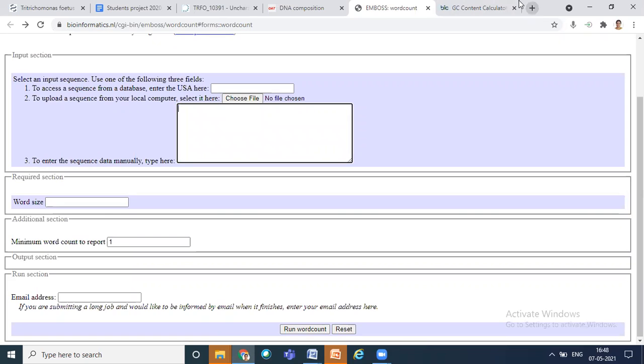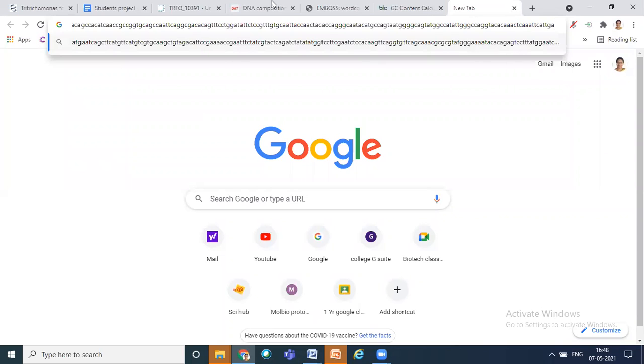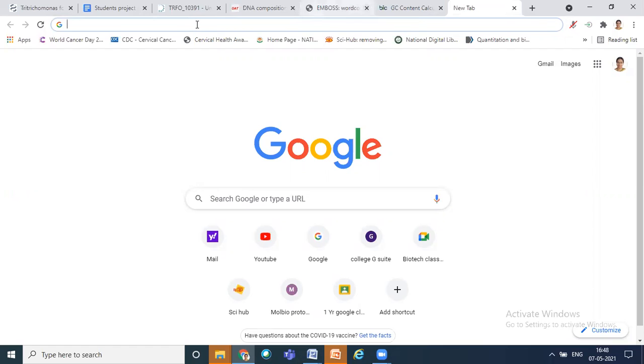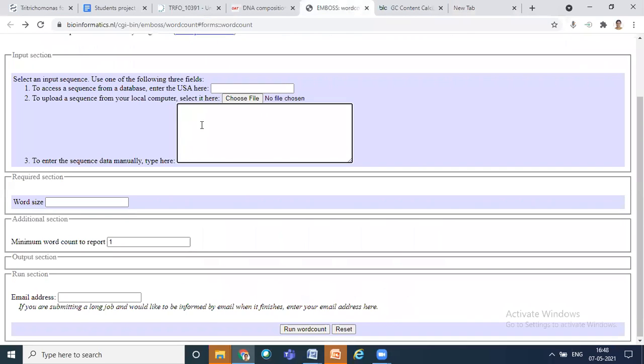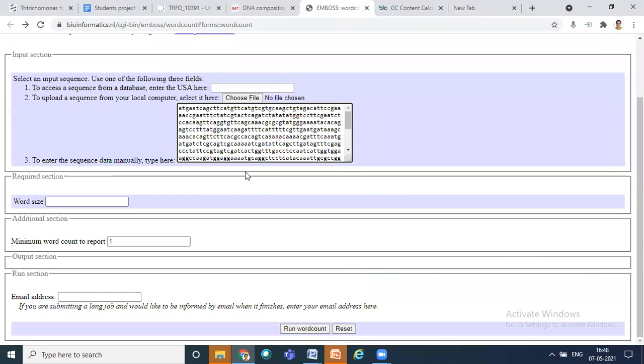So to remove gaps, whenever you are working with a gene sequence or protein sequence, when you copy your sequence from a FASTA file or wherever, paste it in the URL bar of any browser, right? When you paste it in the URL, all the spaces will be removed. From there you take Control A and Control X, so you don't have any spaces and you can paste it here. See, now it is not having any gaps. And you submit the run window.